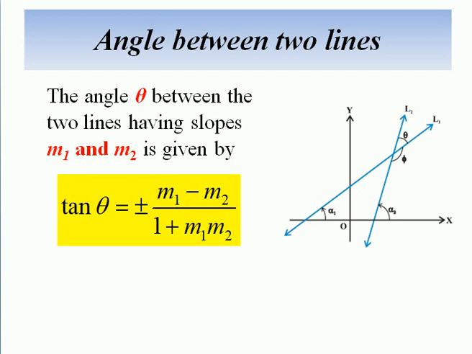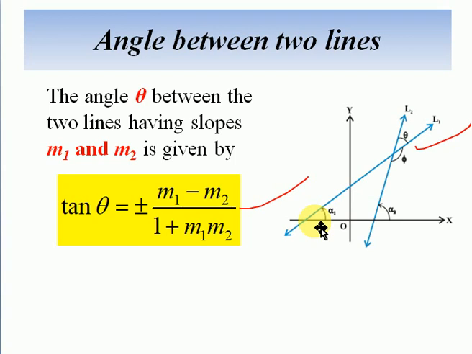Next, angle between two lines. If we have two lines L1 and L2, then the angle between these two lines is defined by the formula tan theta is equal to plus minus (m1 minus m2) upon (1 plus m1 m2), where the plus sign represents that the angle will be an acute angle, and the negative sign represents that the angle will be the obtuse angle, because if two straight lines cut each